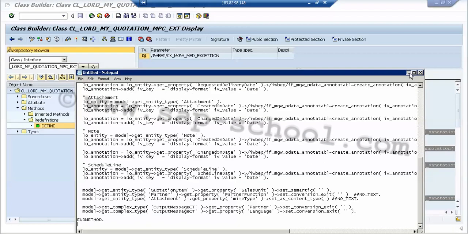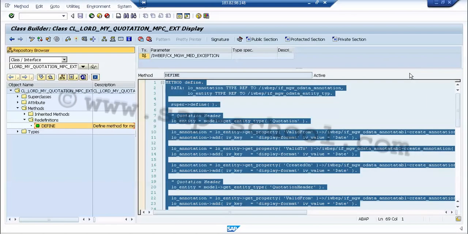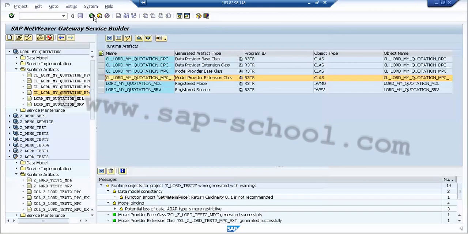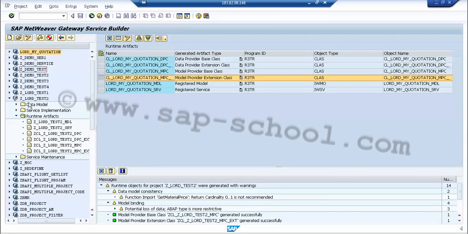After this, we have to go back to our project, which is our Z project. Let's go back to our transaction, and then go to our Z project, which is zlot test 2.